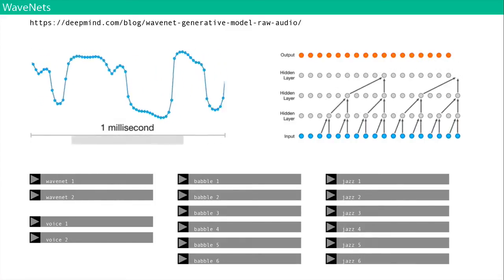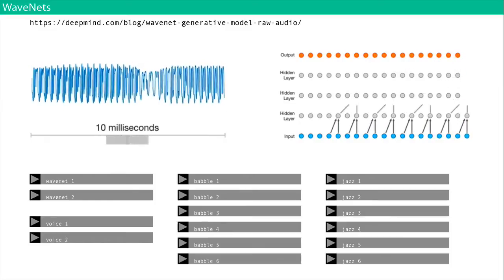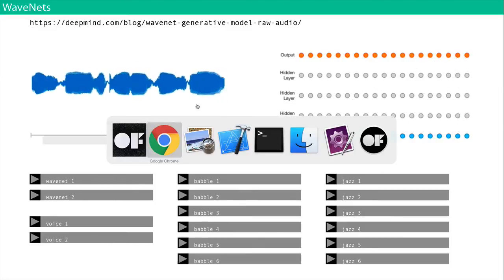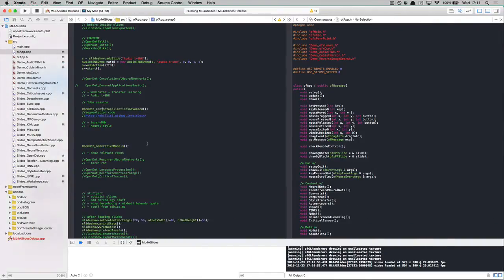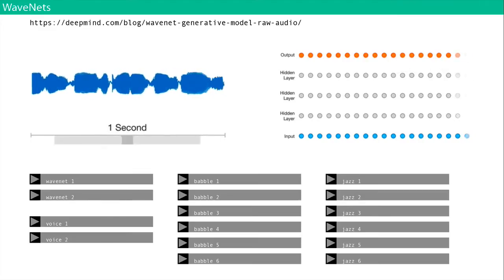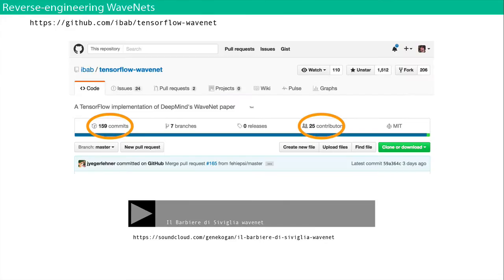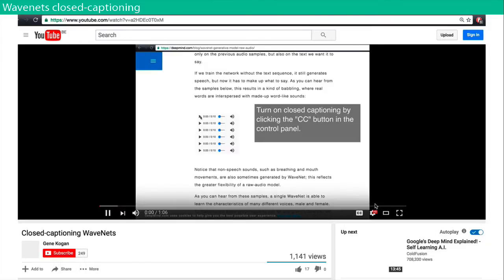WaveNets. So let me just think. Let me really quickly look at what I put in the slides. I want to save stuff. Who's staying tonight? Are people? Everyone? Okay. Yeah, I'm just going to skip this because you're going to see it later. I want to show this to everyone because everyone's going to love the WaveNet stuff. So I'm just going to skip this for now. Let's just keep talking about